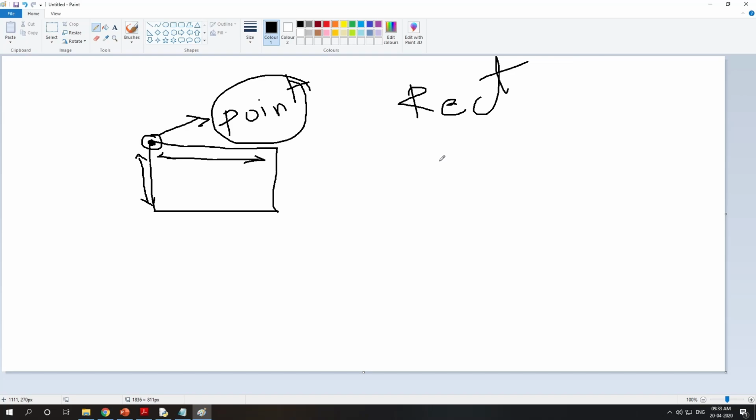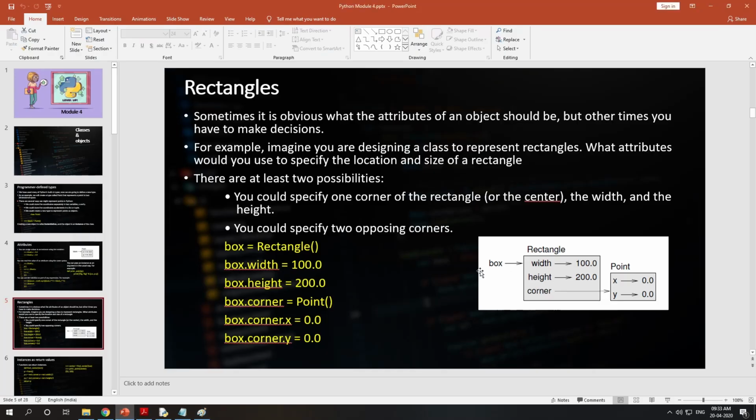So if you create a class called Rectangle, it will have three attributes: width, height and a corner, and the corner represents a point in two dimensions, X and Y, and actually this corner is an object of the class called Point.